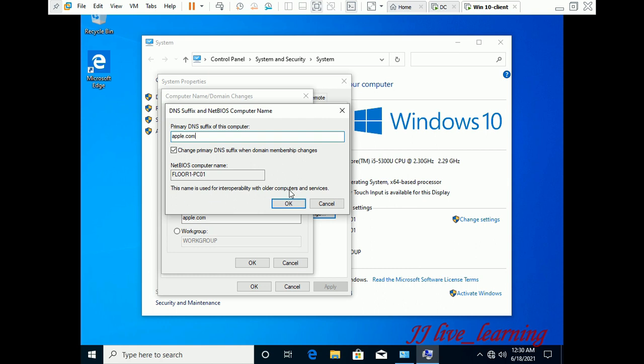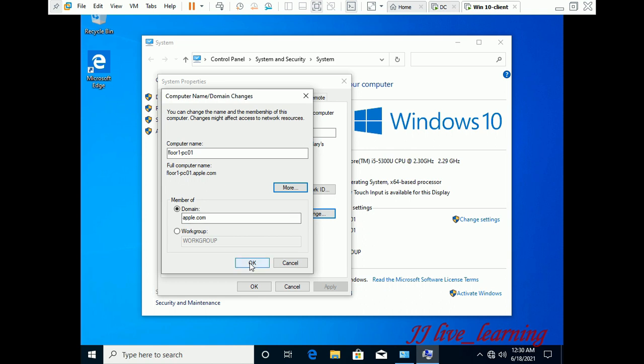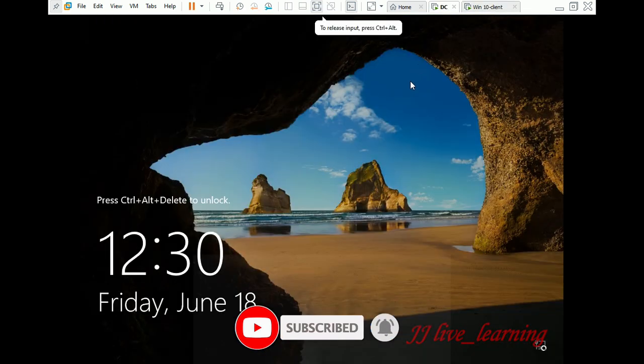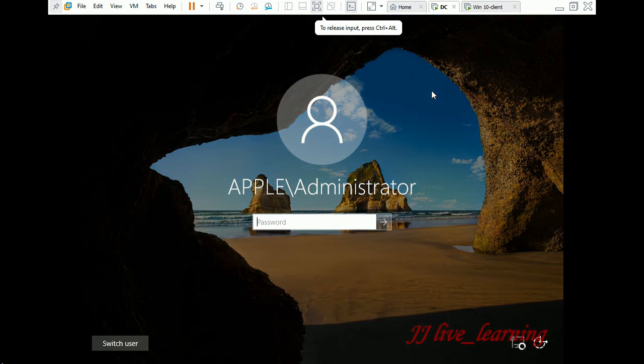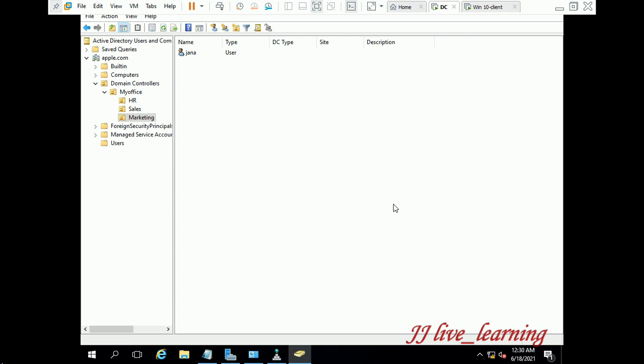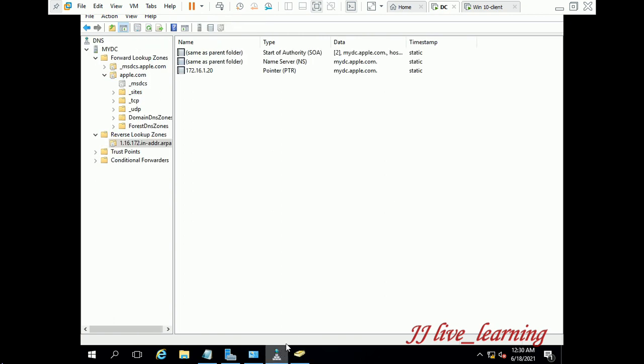Once you give apple.com in the domain option, your system registry will be updated to the DNS of your server. At present, the client entries will not be updated because we have not completed the client configuration.